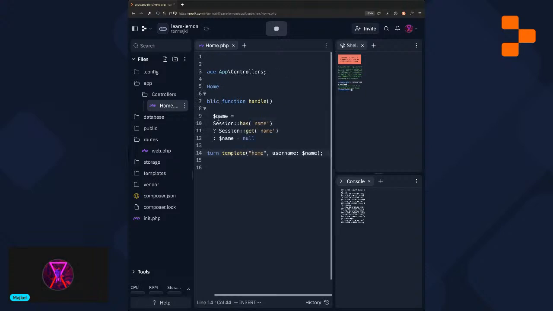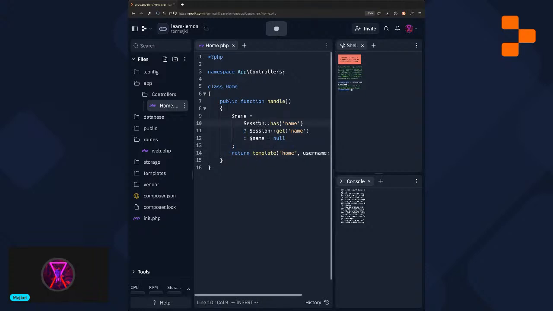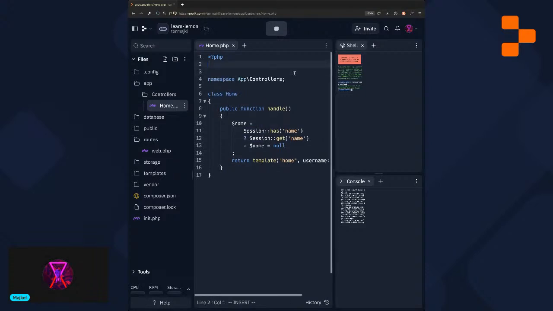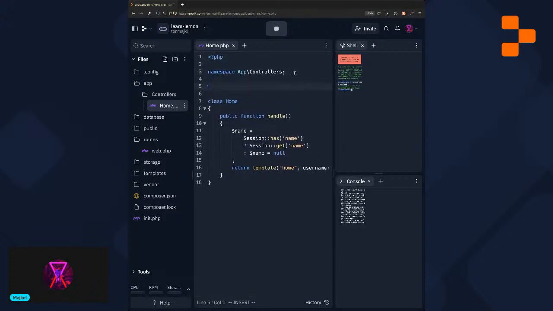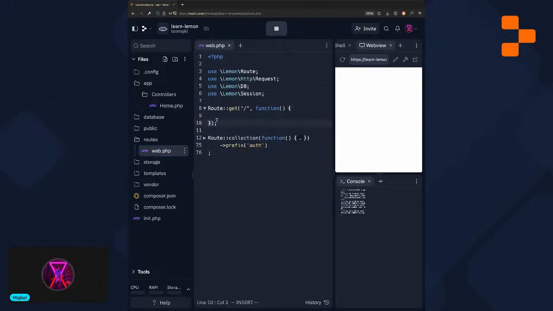So we just simply copy and paste it and fix our indentation. Also, we must not forget about use Lemon Session. I think I've made it wrong. Okay. And now instead of putting a function here, we simply go and say